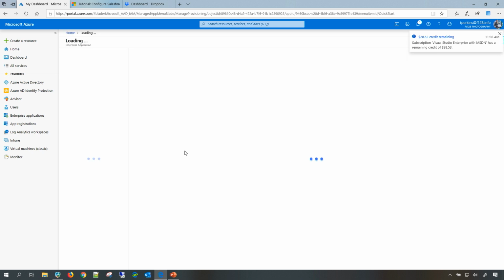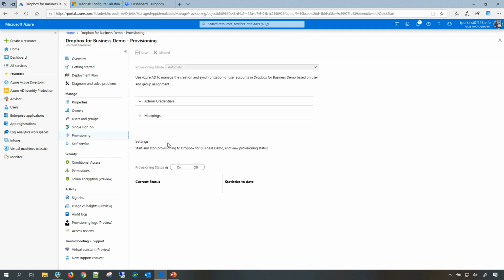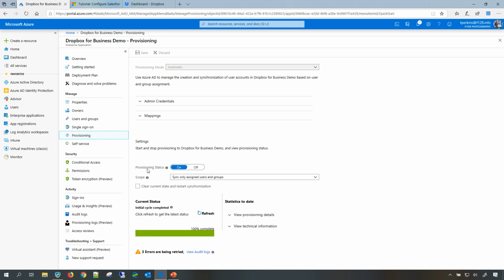Note that our provisioning service, the first time it runs, looks at all users in your particular tenant, all the user objects and the group objects, and then further down it looks into who is in scope and who is not in scope. So here you can see there is a scope button which says sync only assigned users and groups. This is one of the scopes which we talked about. That means ideally this option is selected by default.